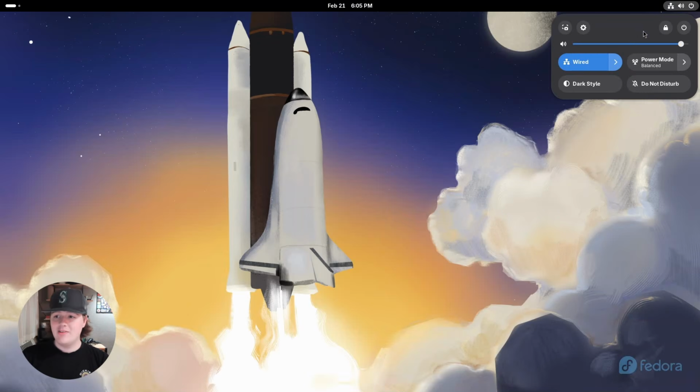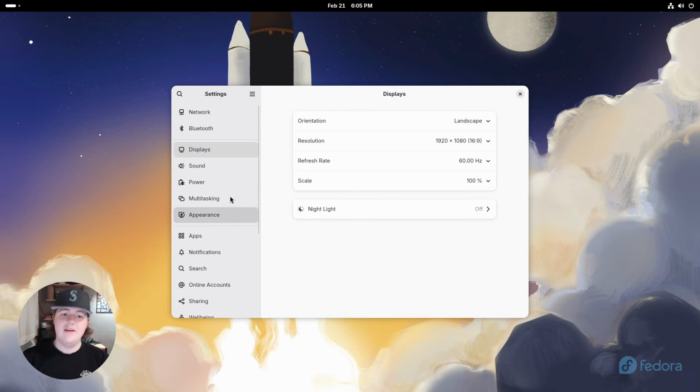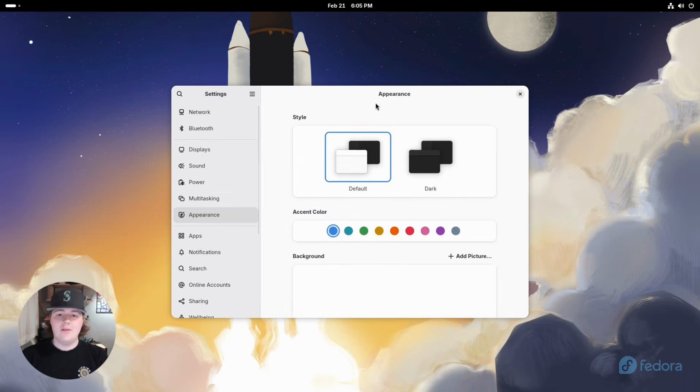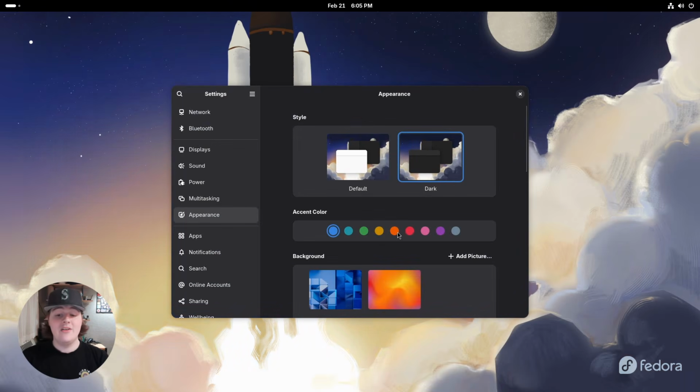Now, out of the box, GNOME's customization is severely more limited. If we go over to settings and appearance, pretty much the only options you get is light mode or dark mode, and you can set whatever you want your accent color to be, but that's just about it. That said,